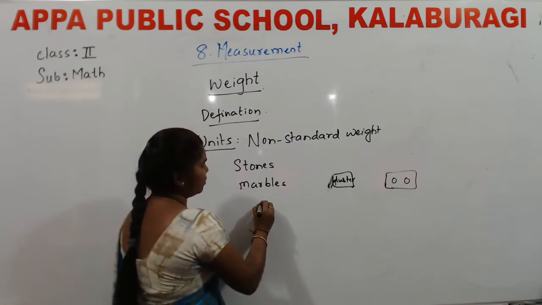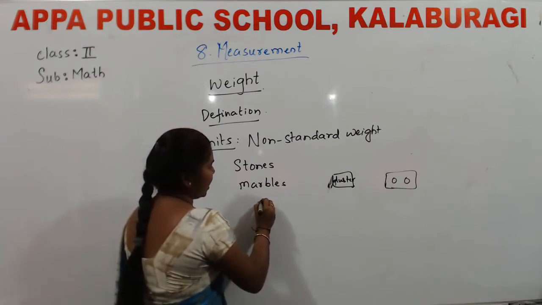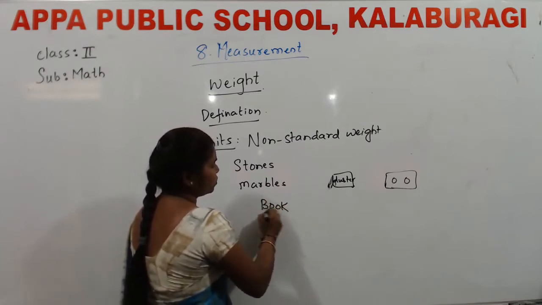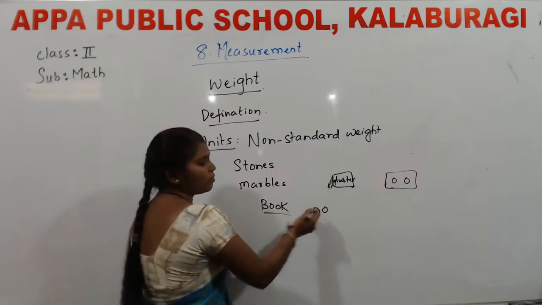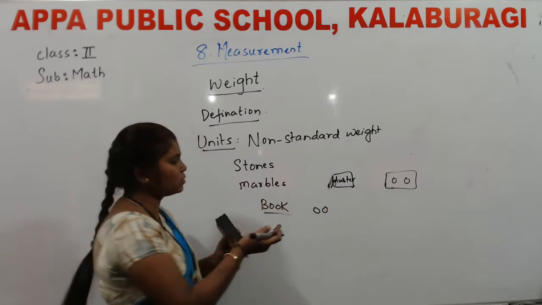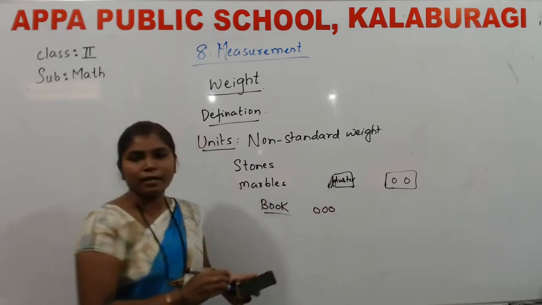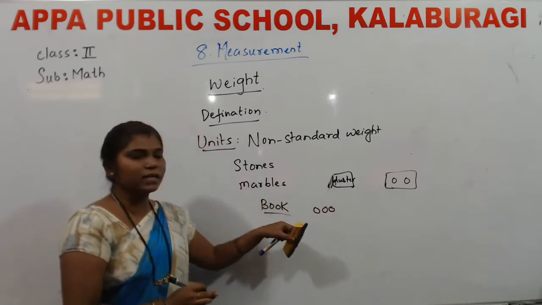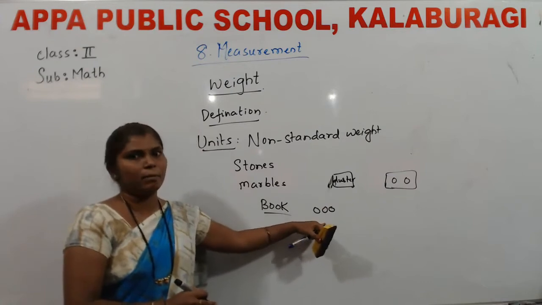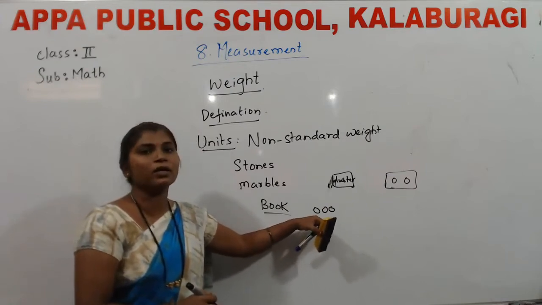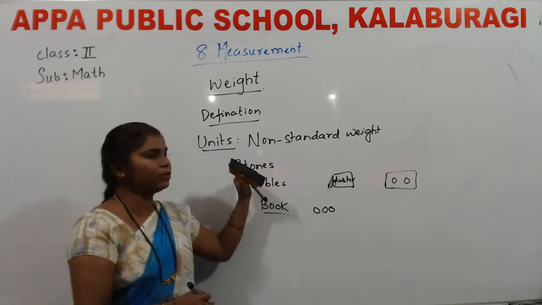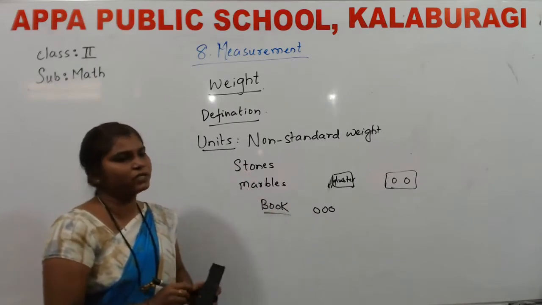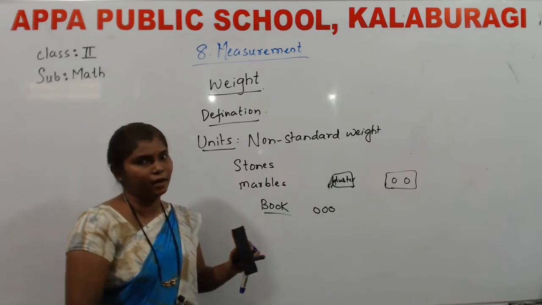Or else I would have taken a standard quantity. Like what do I take? I take a book and I place some marbles so that both are balancing. I say the book is equal to 3 marbles. But I don't know exactly what the scale of the marble is. Roughly we were using stones and marbles, which are not of exact scale.